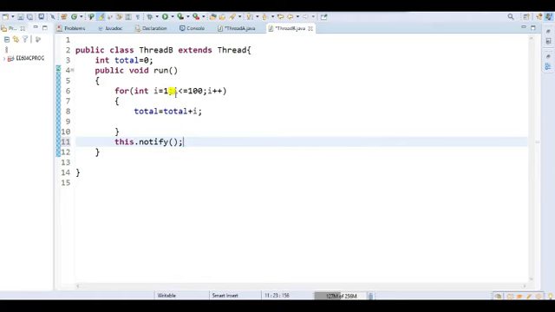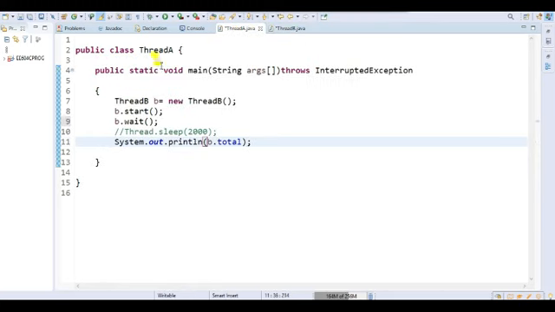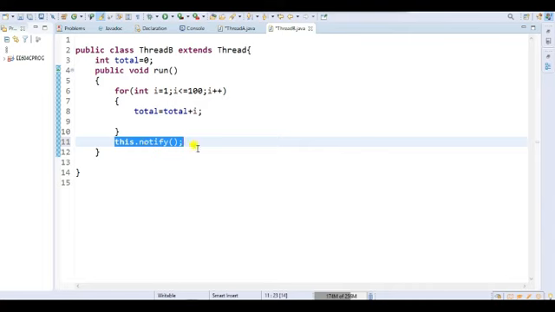Because thread B is updating the value, I will call this.notify on the parent object from the thread B class, and thread A, which expects the update, will call the wait method in the thread A class. We know that whoever is expecting an update has to call the wait method, and whoever is performing the update has to call the notify method.